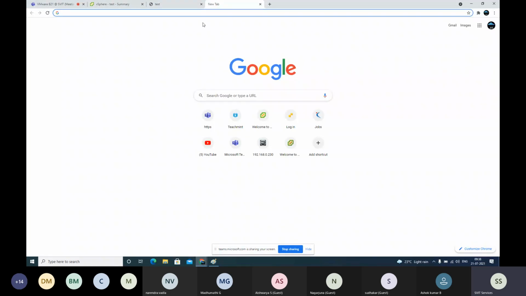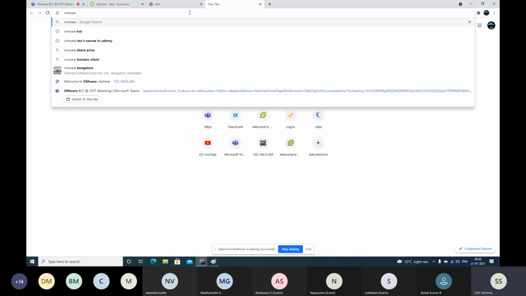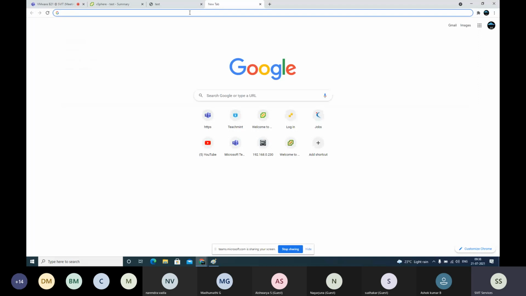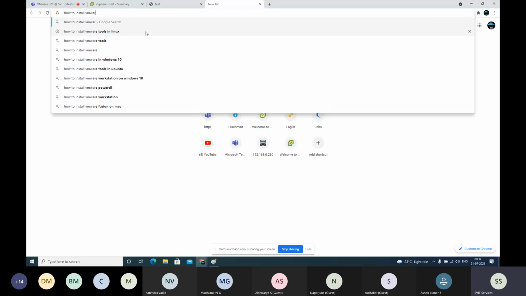Try to find the KB articles. KB articles, in the sense, there is an official VMware website where we can get support from that link. You don't need to even ask anybody. So let's say I want to install VMware Tools, right? Let's say there is no colleague, I'm the only person working for this team. I don't know how, I want to install VMware Tools on a Linux machine. So I'll just search how to install VMware Tools in Linux.